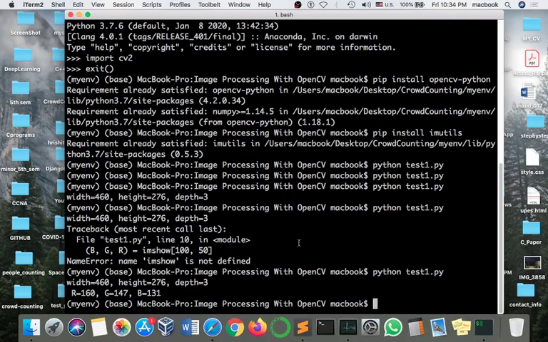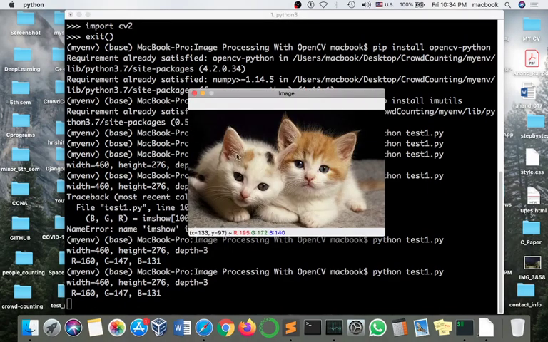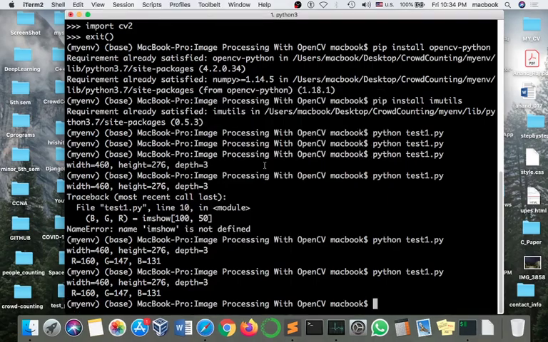Okay, so let's move on to another part. In this image, the RGB value is important. So we are going to another part: array selecting and cropping. It means we will crop the image part. We have an image frame, and we will crop only the part that we want. Usually we call this a region of interest, ROI. So we will crop the ROI. Okay, so let's do that.